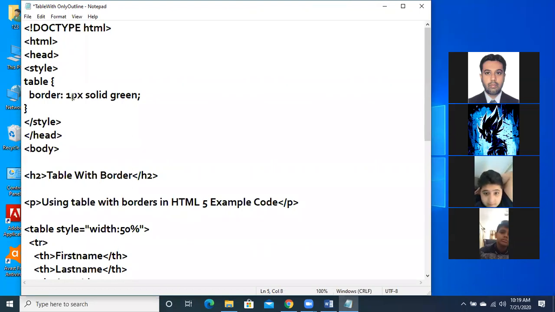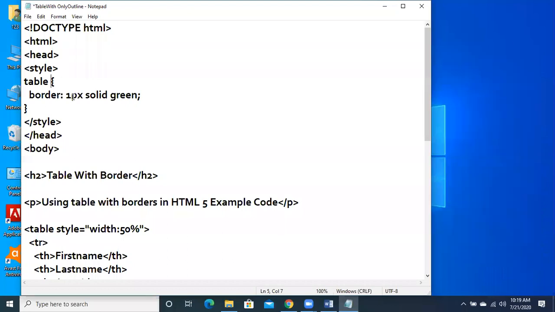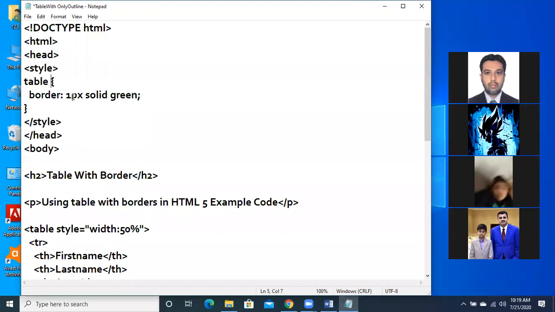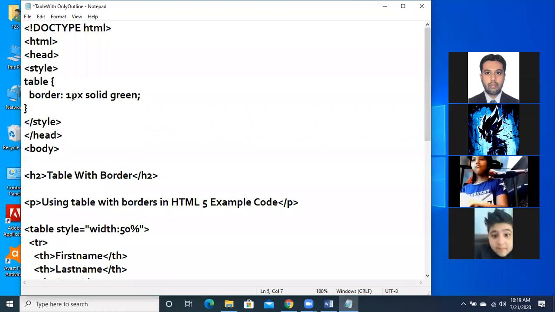Right now we have applied this border option only to the table. Now I am going to apply this border to the table row and table data as well. This is the procedure.